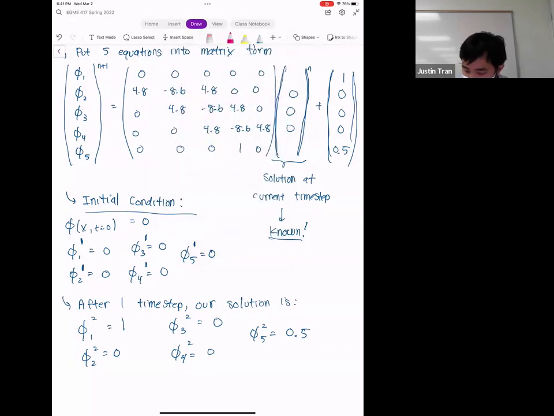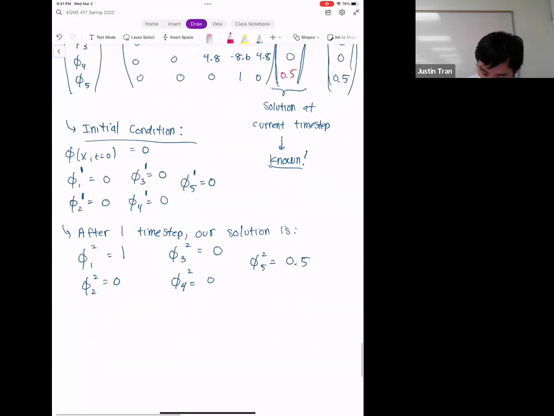Since we just computed that phi1 at 2 is equal to 1, and phi5 at 2 is equal to 0.5, we're just going to run it through again. After 2 time steps, our solution is,